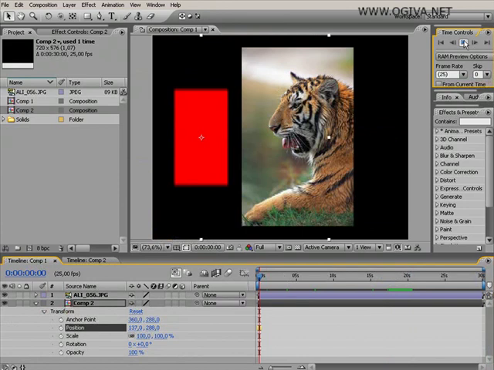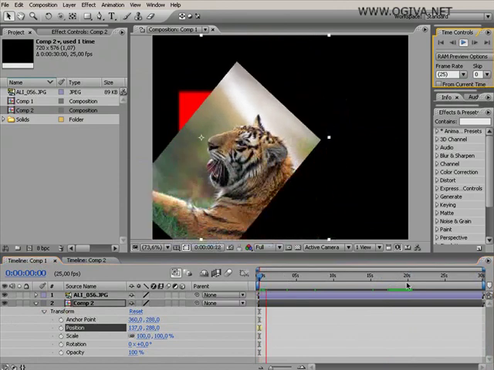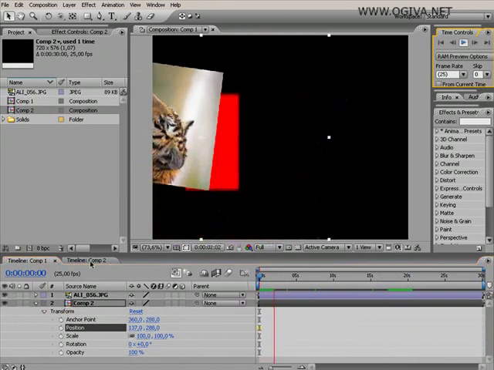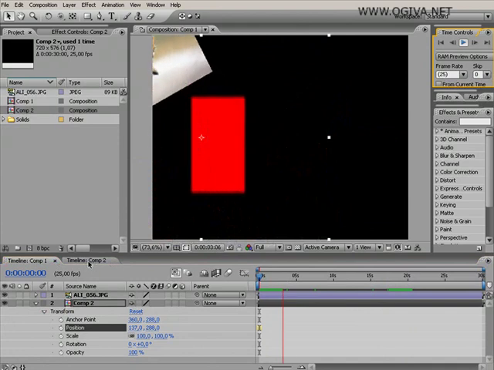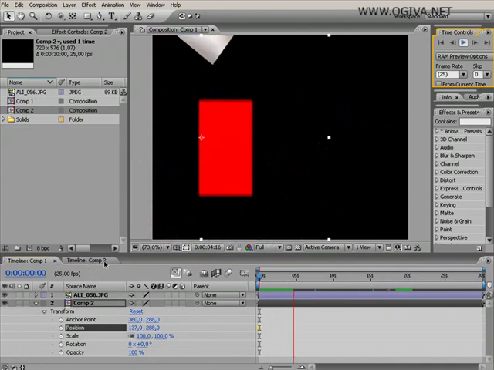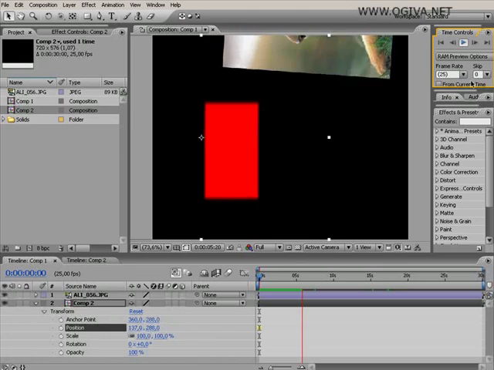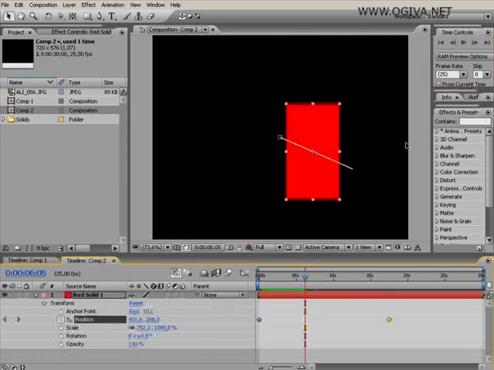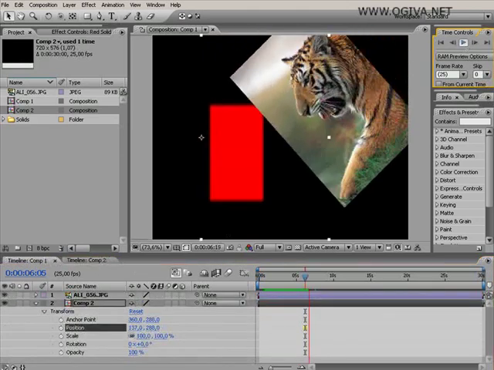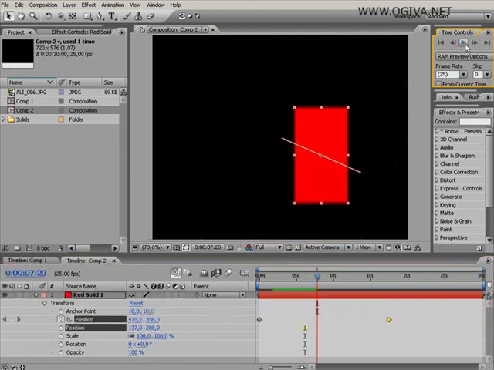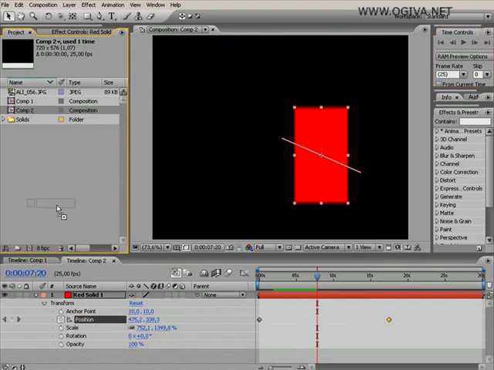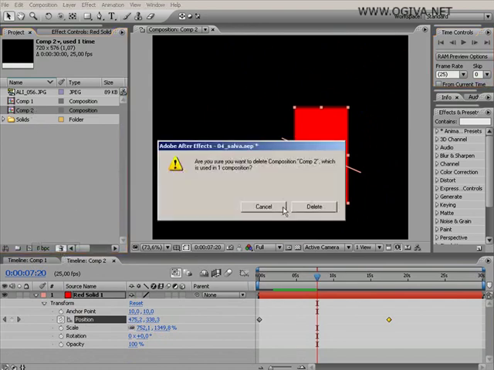When we stop the play button, it will jump to the position that was active before. So before we were in composition 2, we push play, we jump in composition 1, we stop and we go back to composition 2. Okay, let's delete our composition 2